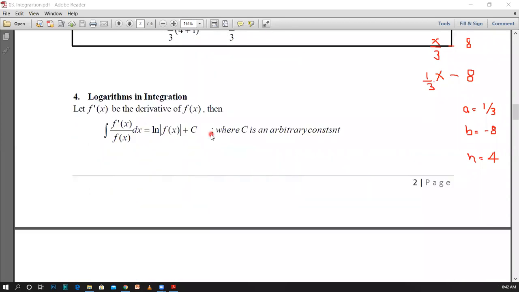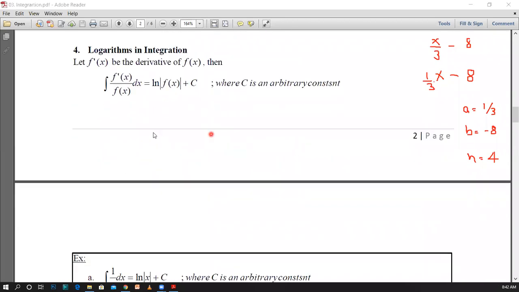Okay. The next one is the logarithms in integration. Prior to discussing logarithms in integration, first of all, we will see what we have discussed